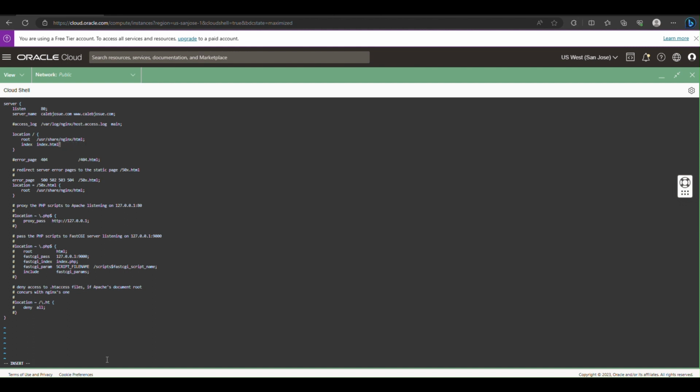Also, we have changed the server name. And in here we are changing the root, which is pointing now to our just created folder and our folder that was moved to that folder. The index remains the same, and we